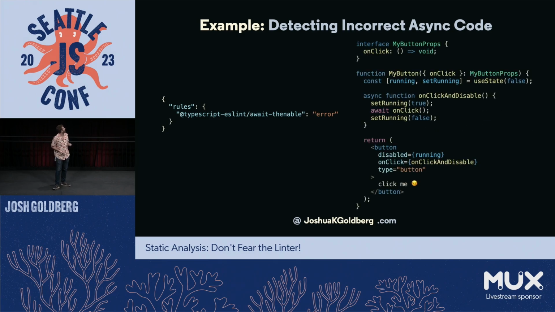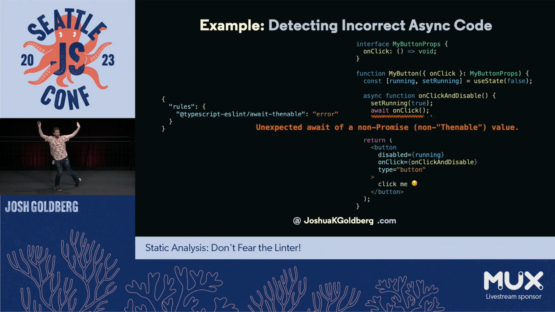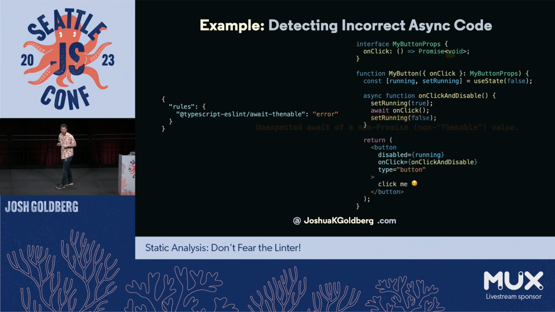And just as an example of how awesome this can be, I'm going to quickly show you this React code, fully knowing that not everyone here knows React or Preact, and that it's too much code to read quickly. But I'll just let you know that immediately the linter would have found an unnecessary await on the onClick. Because the onClick, let's see if I can laser, the onClick is a function that returns, ignore it, we don't care, void. So that await is unnecessary. And one potential autofix would be to change that to say, okay, it returns a promise, which makes the await reasonable.